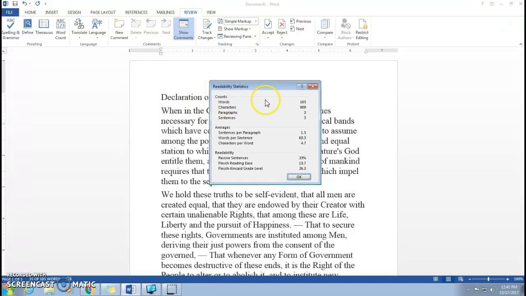But what you'll notice is that what will pop up after it checks their spelling and everything, it'll give you their word count and how many characters are used, how many paragraphs, the average sentences per paragraph, and so forth. But down here is the readability, and it tells you they have some passive sentences, and then they have different rates. So here, the Flesch reading ease, 100% would be extremely easy to